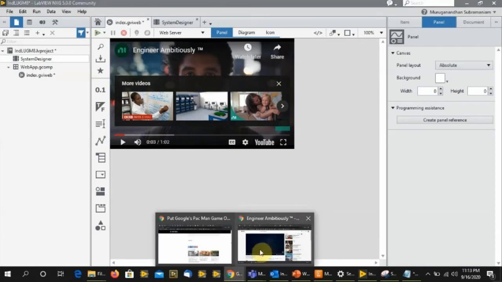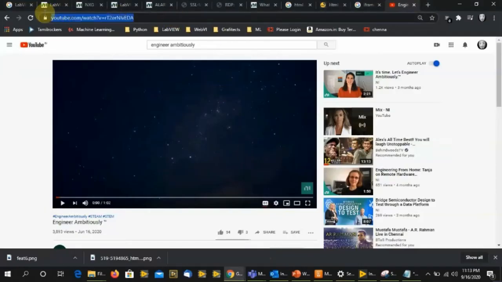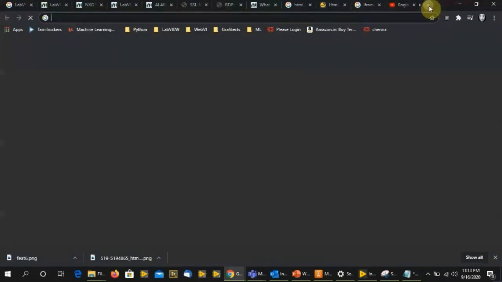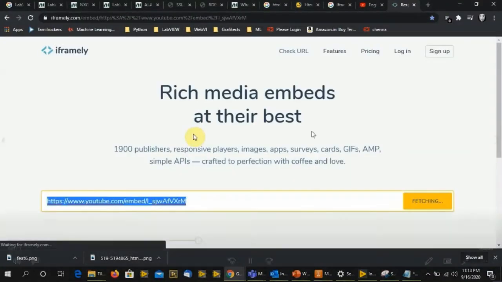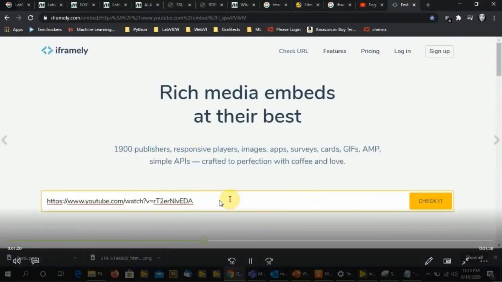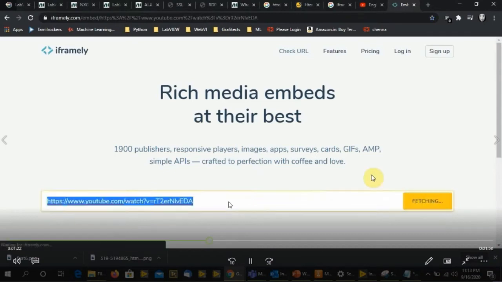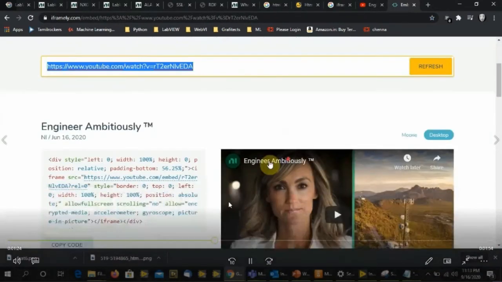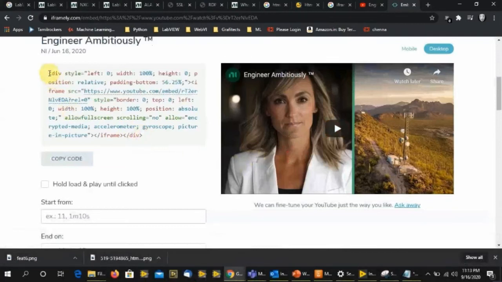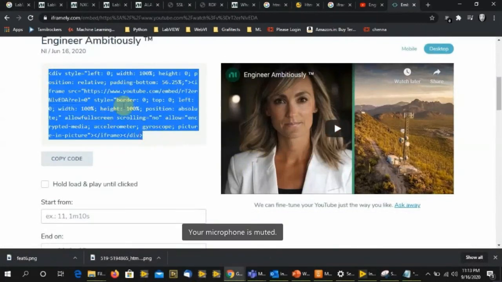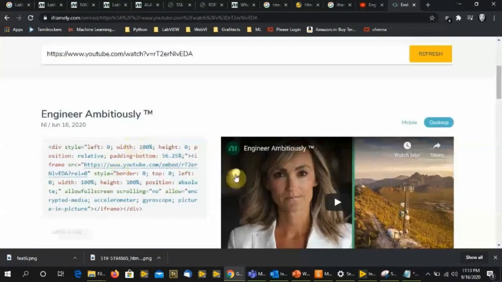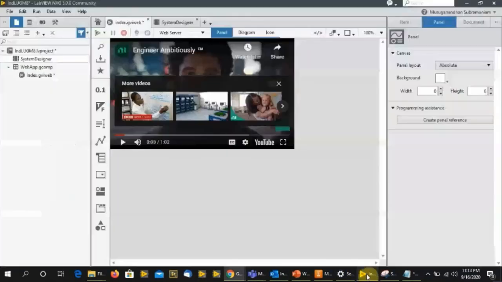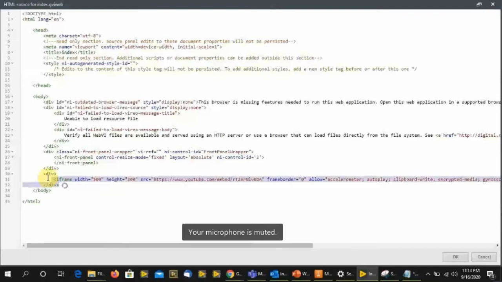And I'm showing another example here of what to do if you don't get an embed code. You can copy this direct link, and there is another website available, iframely.com. You can enter the link there, and you will get the complete code that you need to embed and enter in the WebAI itself. You can directly copy it and put it into the WebAI, and it will directly work. So a lot of options are available if you want to try this, or if you want to embed a few things.